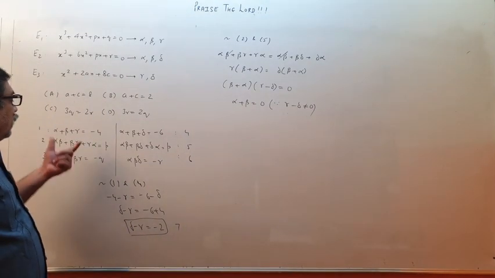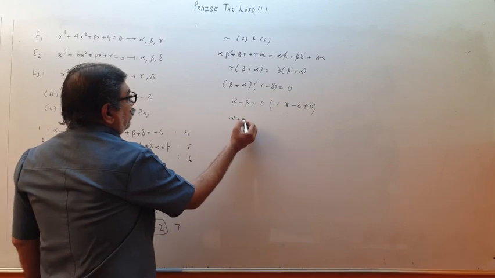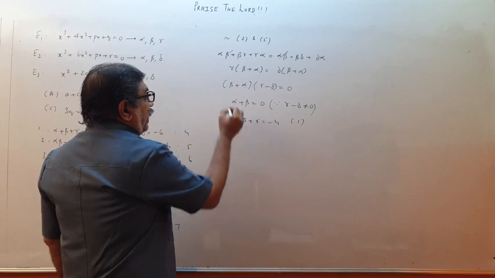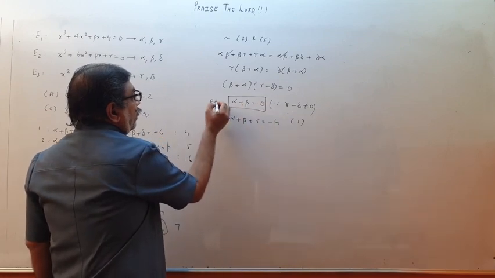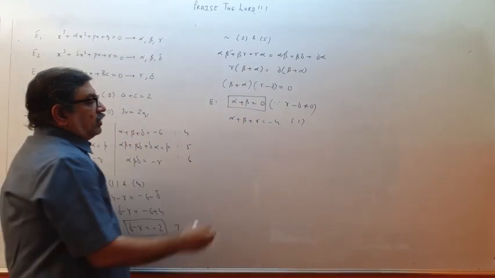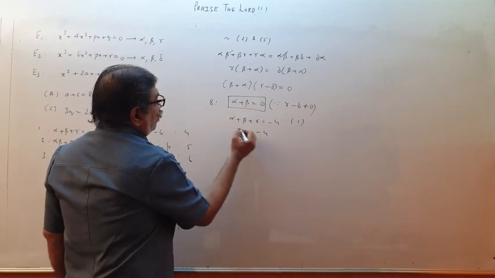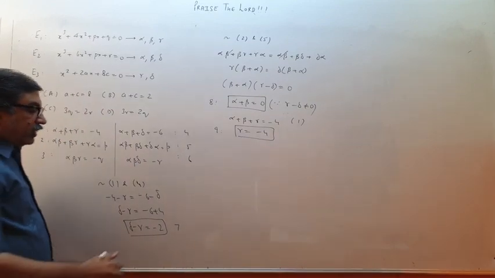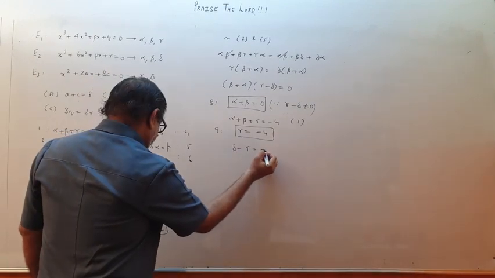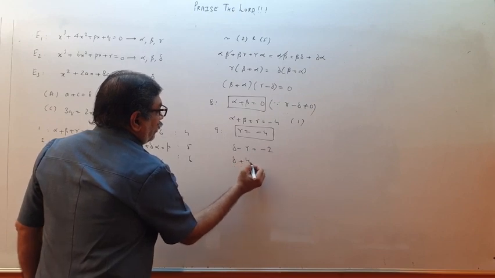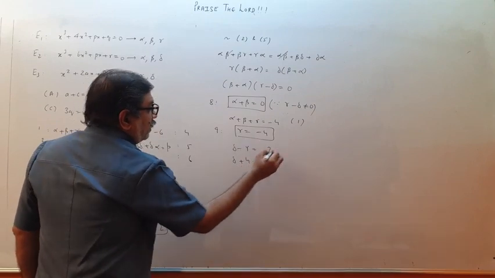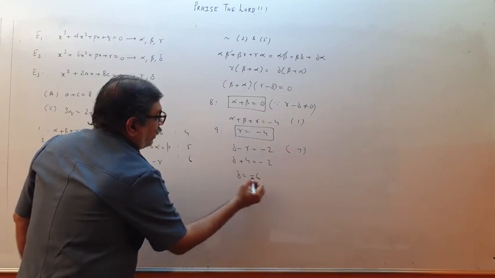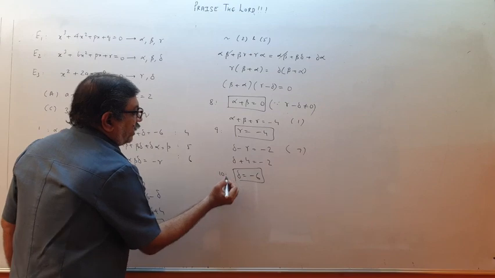As soon as I get that, I use this equation: alpha plus beta plus gamma is minus 4. This is equation number 1. Let me write this as point number 8, that alpha plus beta is 0. So gamma will be equal to minus 4. This is point number 9. If I put it over here in delta minus gamma is minus 2, so delta plus 4 will be minus 2, putting gamma is minus 4. This was from the 7th point. So delta becomes equal to minus 6. That is point number 10.